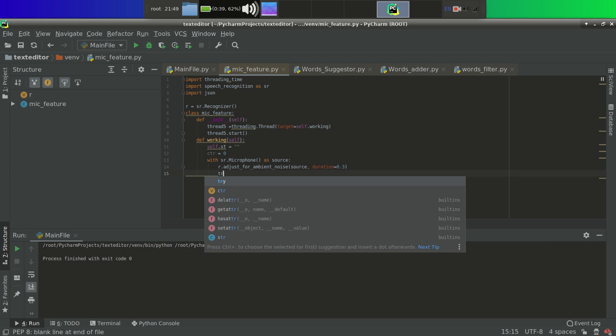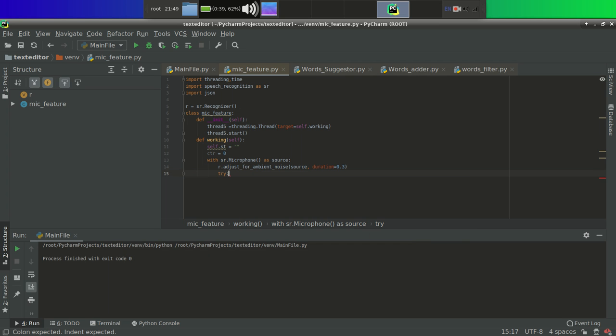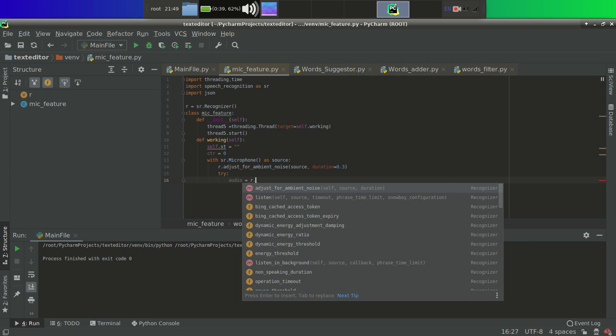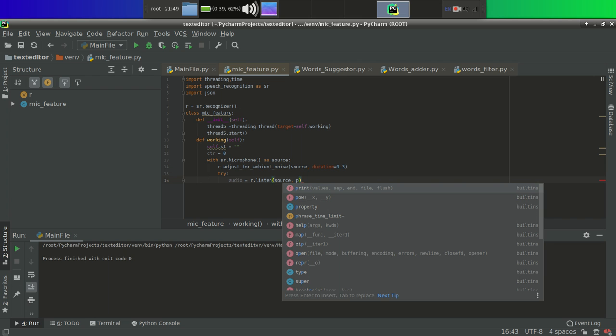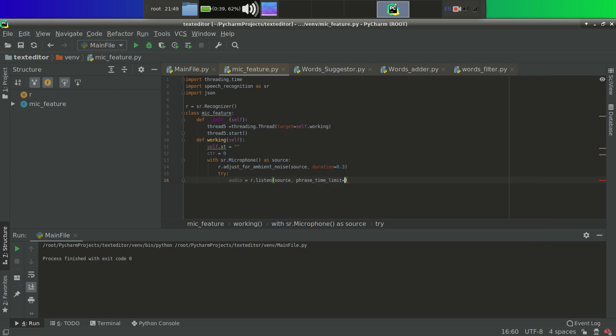So for listening, we are simply making a try and except condition, like audio equal to r dot listen, source comma phrase time limit. Using r dot listen, we are listening to whatever the user is speaking. So phrase time limit equal to 4 means we wait up to 4 seconds.